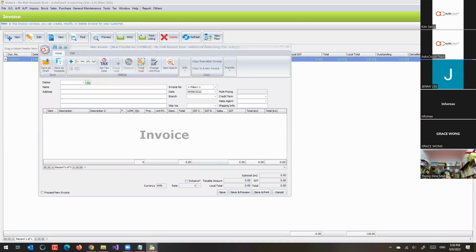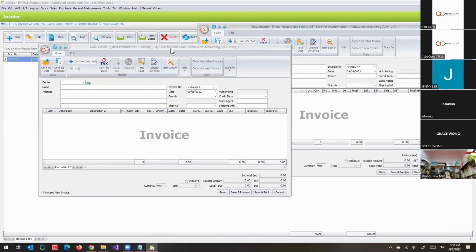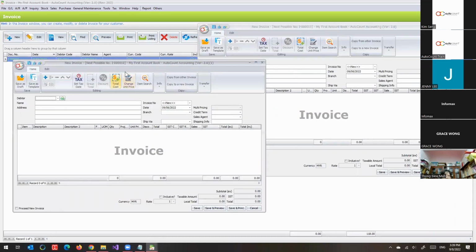You see, when I open a new window and another colleague of mine also opens another new window, both also show possible invoice number 10, right? Then now we see who saves first. Whoever saves first will get number 10. The next person who saves will get another number. Okay, now we do